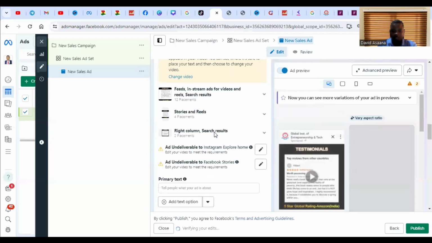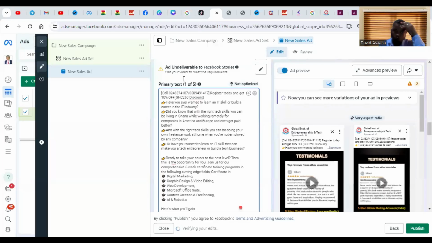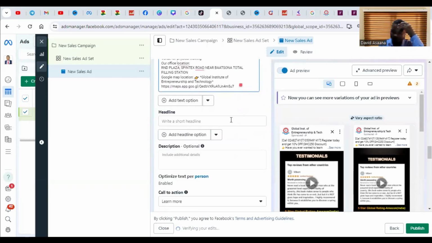Then I also add the primary text or the description. So you add the primary text. If you have any description, any headline you want to add here. So for example, get 20%